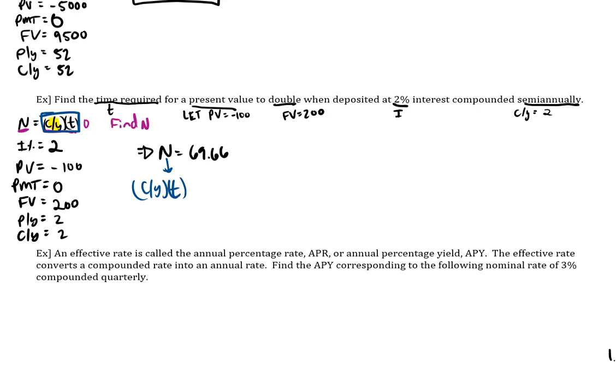So the C over Y times the T is 69.66. We have C over Y. It was 2, so that's why I highlighted it earlier. So it's 2 times T equals 69.66. And so now I can solve for T. So now we can divide by 2. And then we would get, okay, so T equals